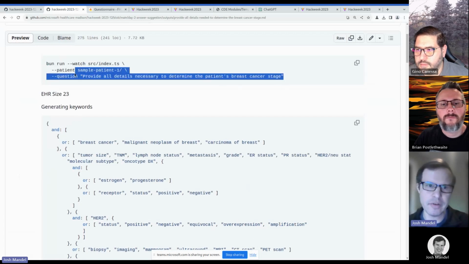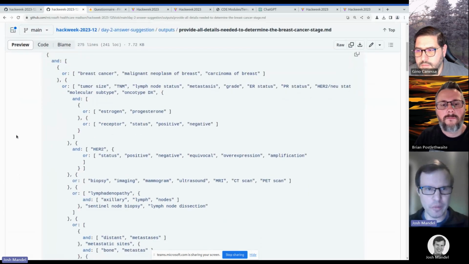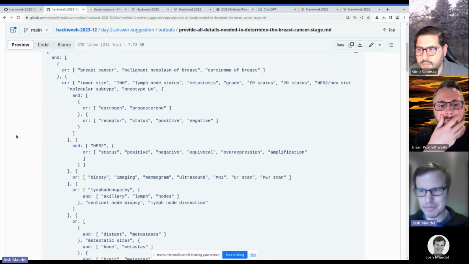And in this case, I asked a question right inline. And this is the question the model is going to try to answer, which is: provide all details necessary to determine the patient's breast cancer stage. So the model reads that question, and the first model call generates this search term. And this is a little bit ridiculous. I could probably use some prompting to